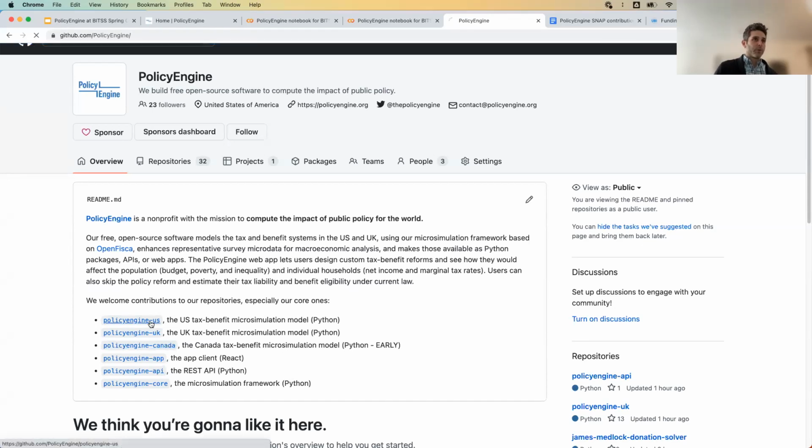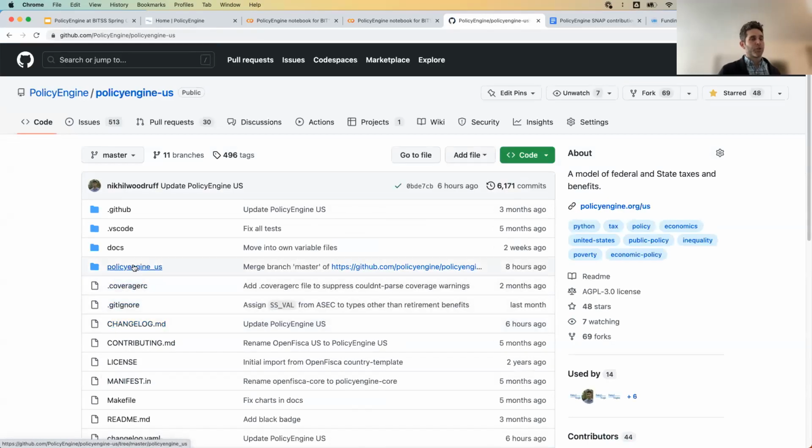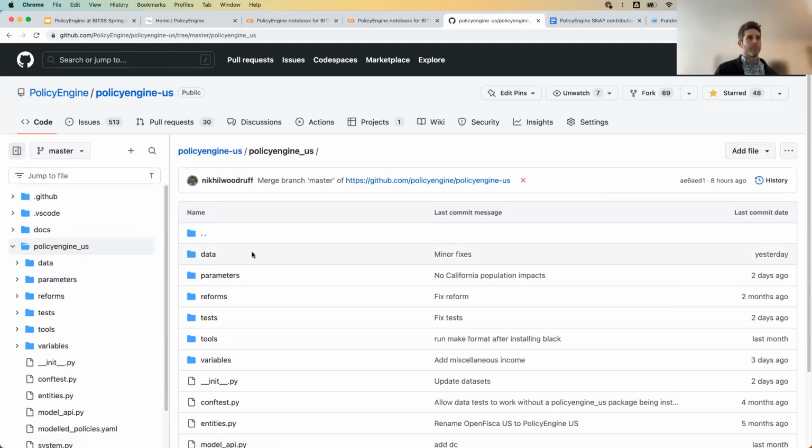So if we look at, for example, PolicyEngine US, essentially these are broken down into a few different folders. So here's the core Python package. Data is where all the microdata processing happens. Parameters are all the numbers, so like that 30% expected contribution is in there. And variables is the logic that hooks it all together.